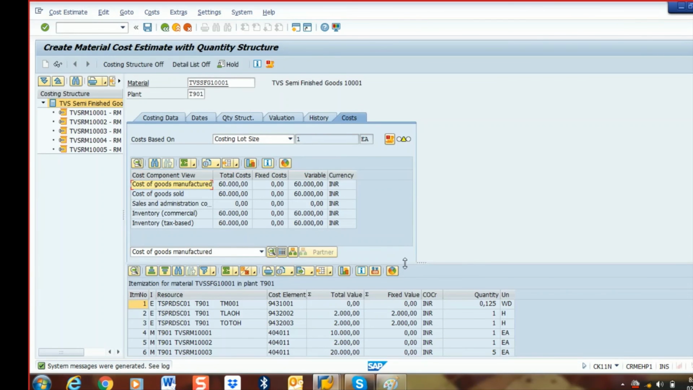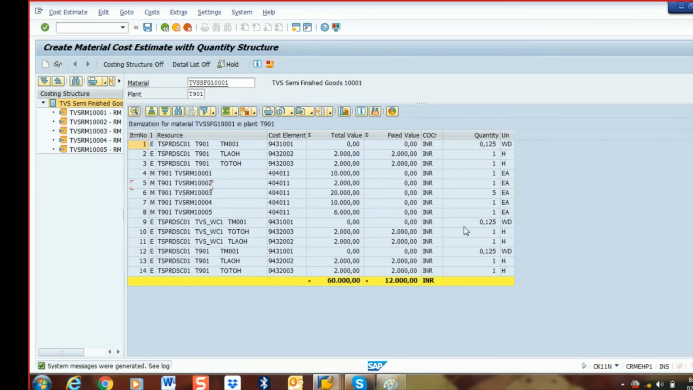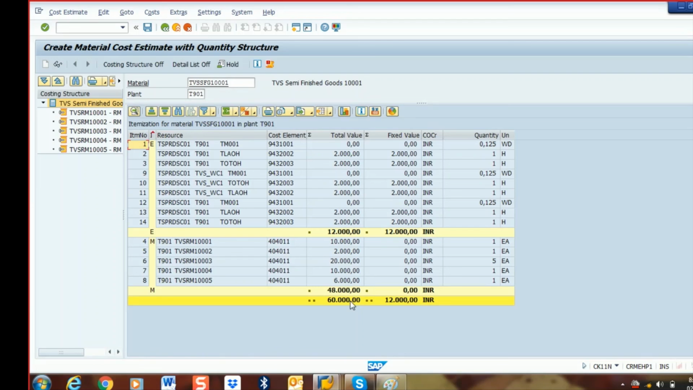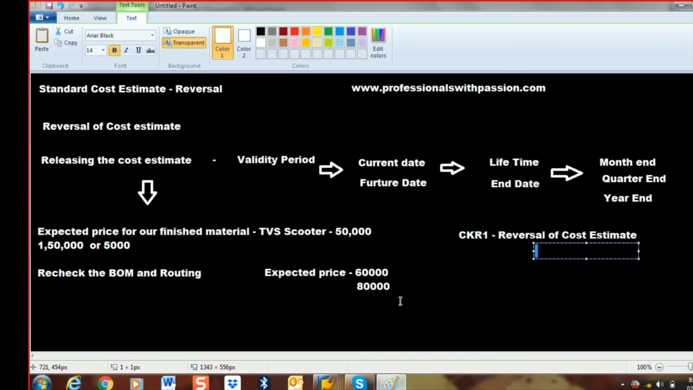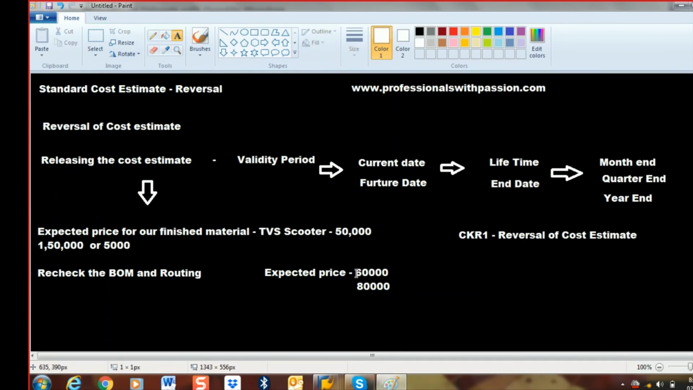So now we are getting the 60,000 price. This is the quantity we have corrected from 10 to 5. Now we will see the expected price. Earlier 80,000 was the price. Now we are meeting the expectation. So we corrected